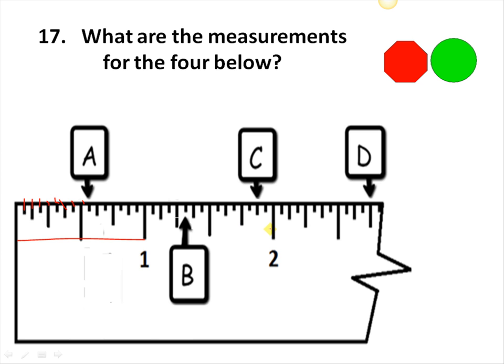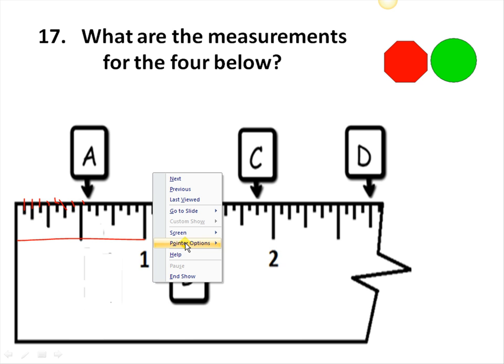99 and 100. So the reason we're taking a look at this end of the ruler is that if you can know this measurement right here, or this measurement right here, you can know any measurement on the ruler. You don't have to learn a whole bunch of them. You just learn those that come between the 0 and the 1. Sometimes you'll see only 8 marks between the 0 and 1, and then you're dealing in 8s. But in our case here, we're dealing with